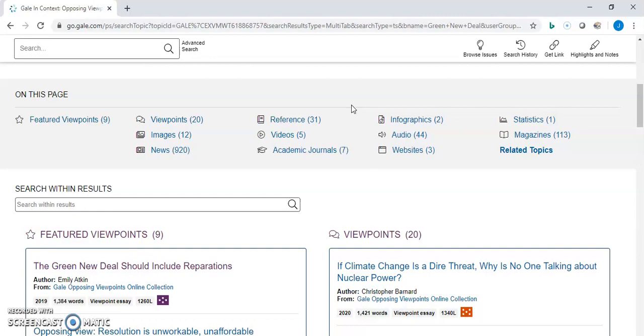If you were required to have a peer-reviewed source or more than one peer-reviewed source, you would want to go to the academic journals for that. Another type of source that might be interesting to you for at least a persuasive essay or speech is the viewpoints. So if you click on viewpoints,